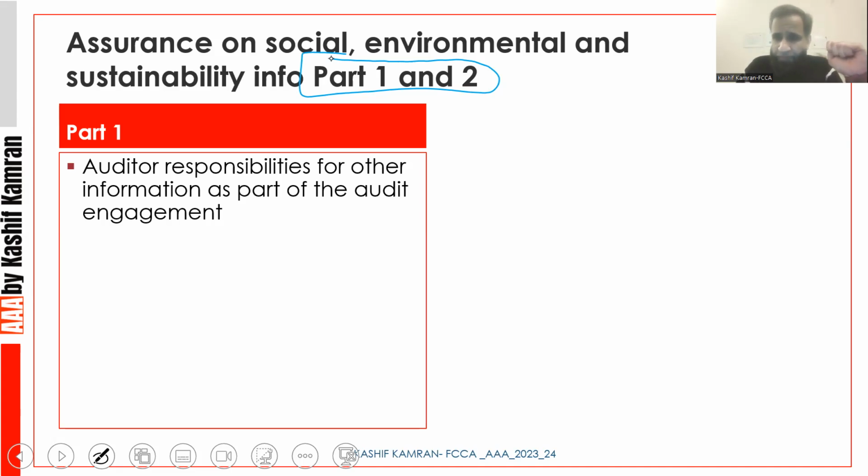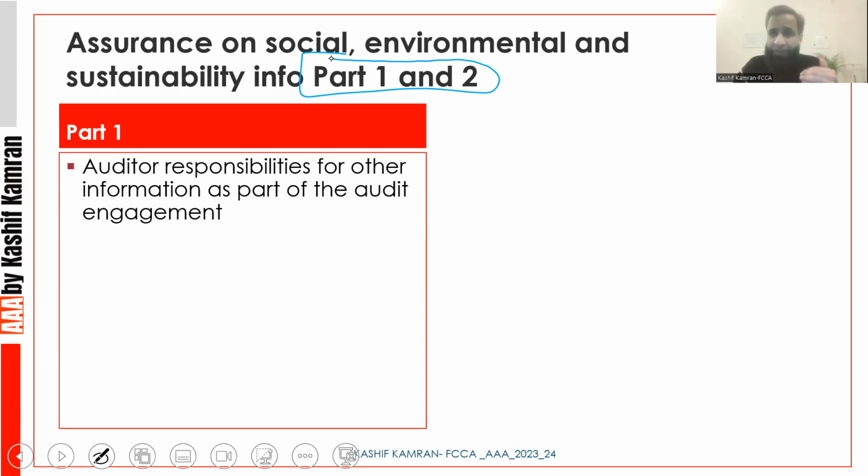Yes, it's true. And if you find any material inconsistency in the other information, will you report that in your other information paragraph? Do you know there is an other information paragraph in the audit report where the auditor tells about the responsibility of the auditor towards other information? So even as part of your audit of financial statements, when your focus is on financial statements, you are finding some time to read the other information.